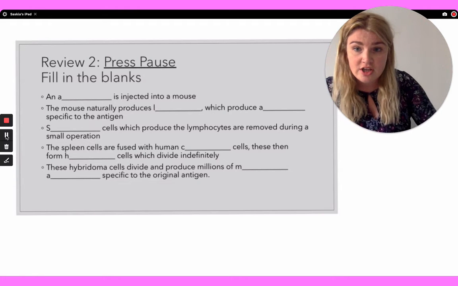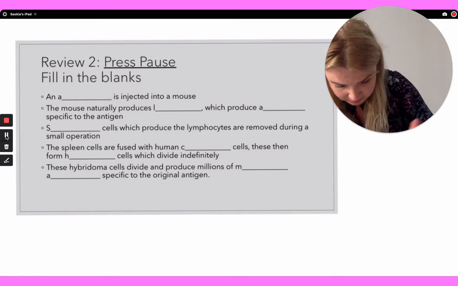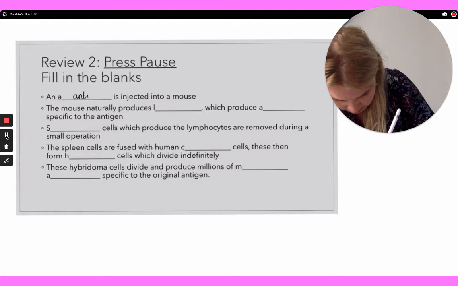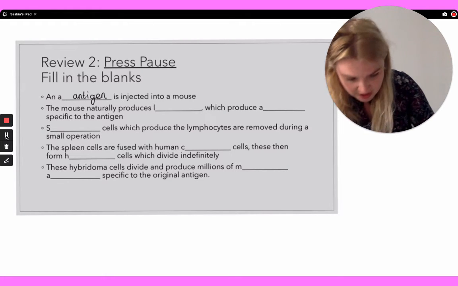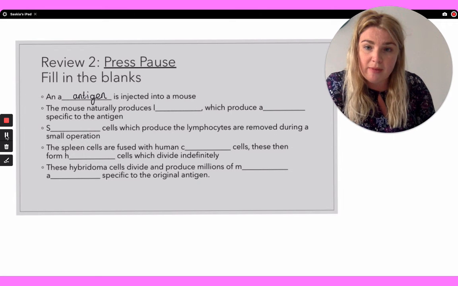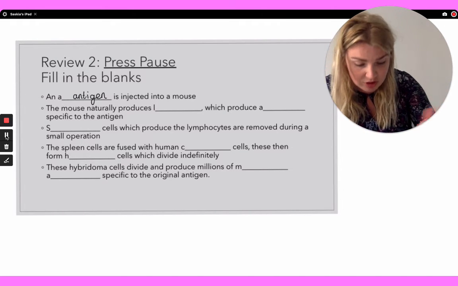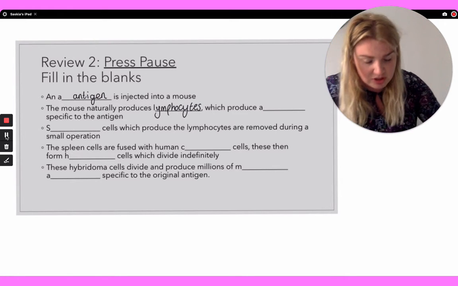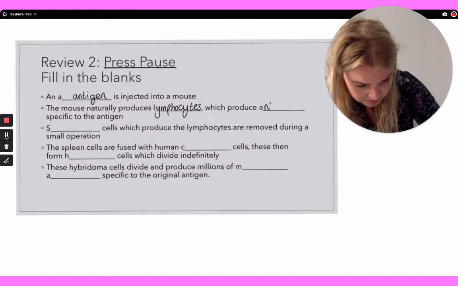Okay, so an antigen is injected into a mouse. The mouse naturally produces lymphocytes, which are part of your white blood cells. So it'll naturally produce them. It's just starting an immune response, which produces antibodies